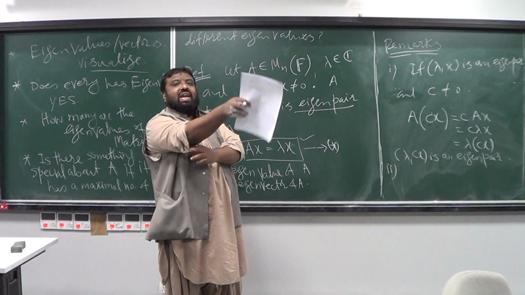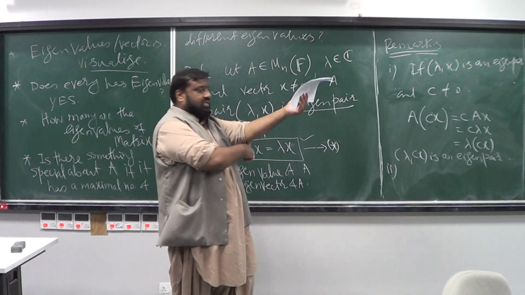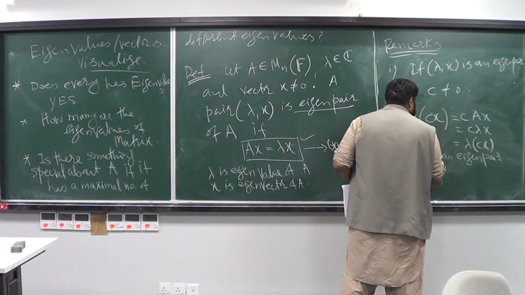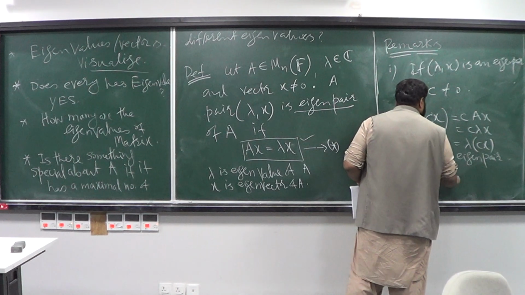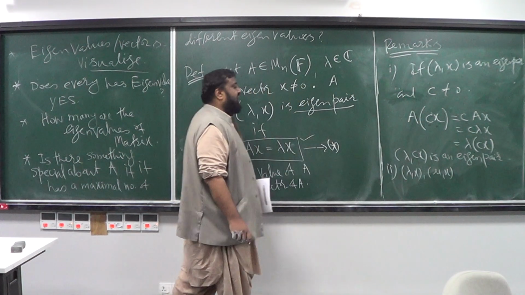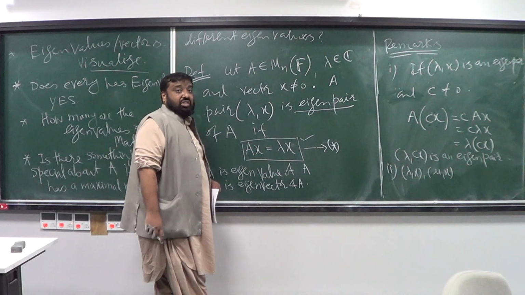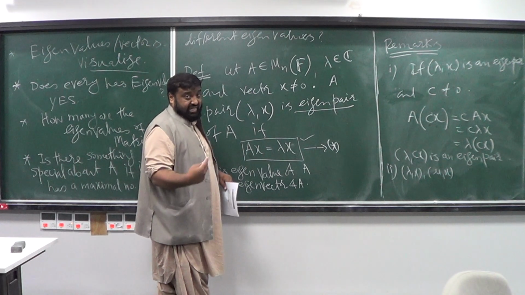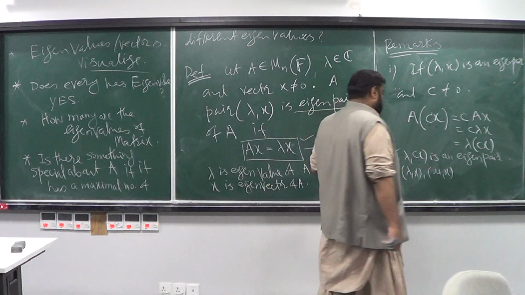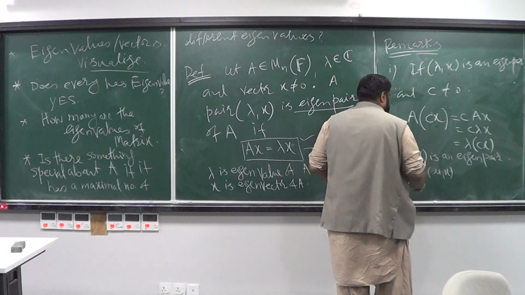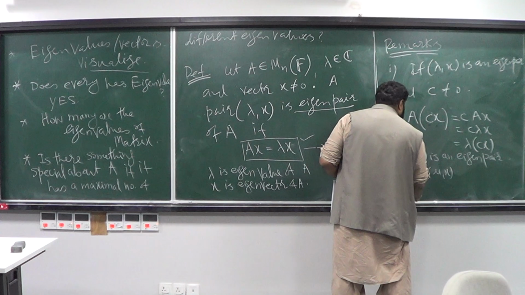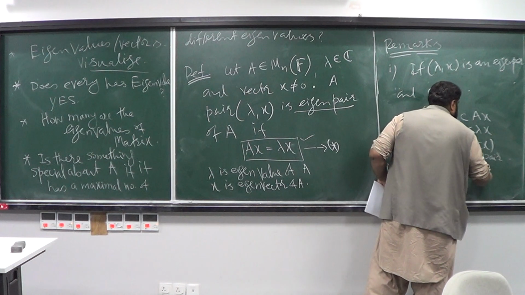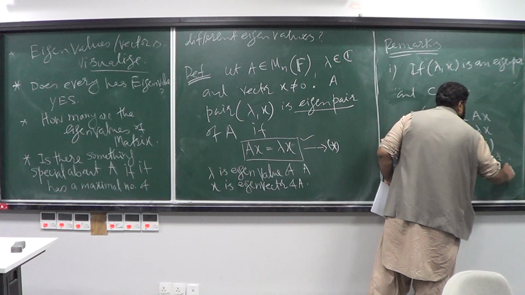But now you can ask the other way around: can we have two eigenvalues corresponding to a single vector? In other words, imagine lambda x and mu x are two eigenpairs. Can lambda and mu be eigenvalues corresponding to the same eigenvector x? The answer is really no. Why? Because, since these are eigenpairs,